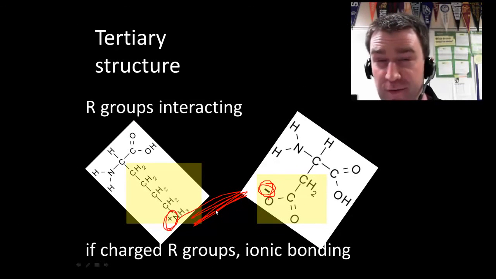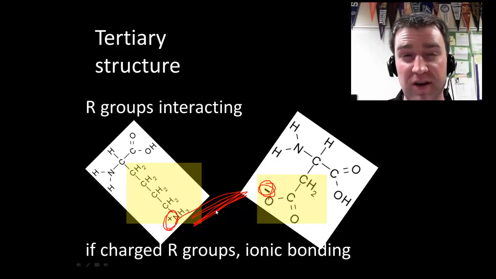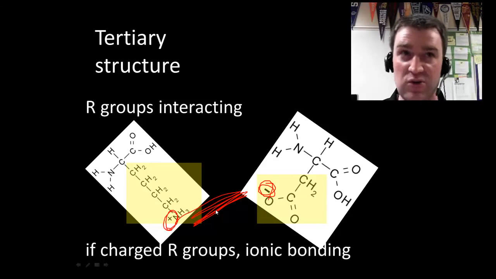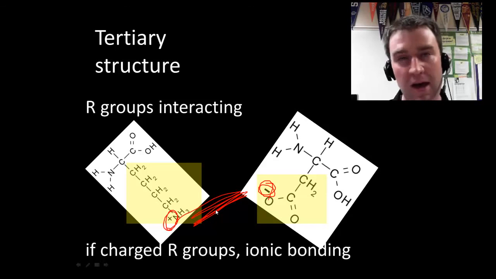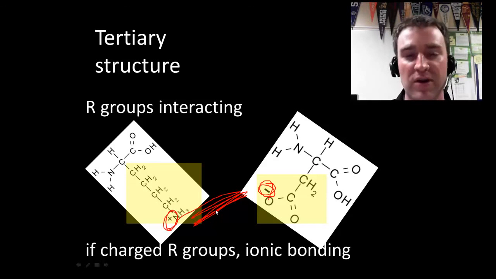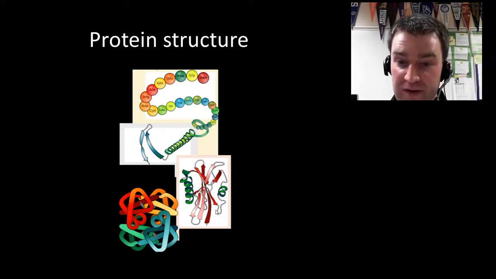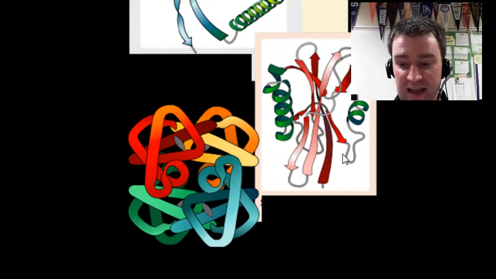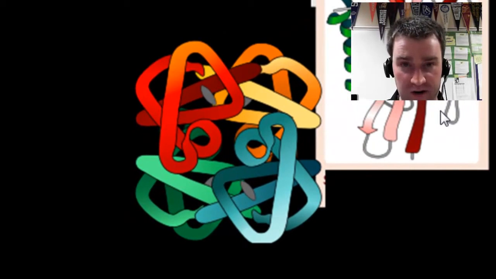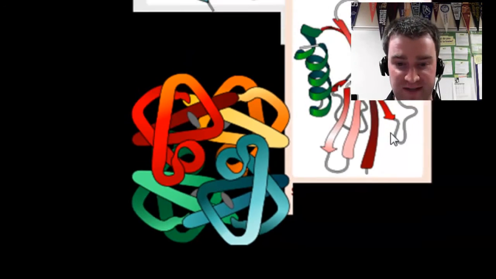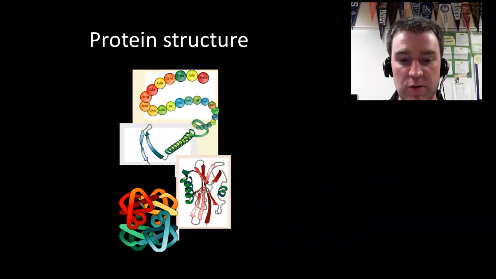I'm not going to show you the fourth type of interaction. Your book briefly calls it a disulfide bridge. It's really kind of a special case between two cysteine amino acids, but you don't need to know any of that for my purposes. But a disulfide bridge is a very strong covalent bond. Okay, so we've got a lot of structure now, a lot of different types of bonds forming, and all we have left is this quaternary structure at the bottom left here. And to zoom in on that, quaternary structure doesn't occur with